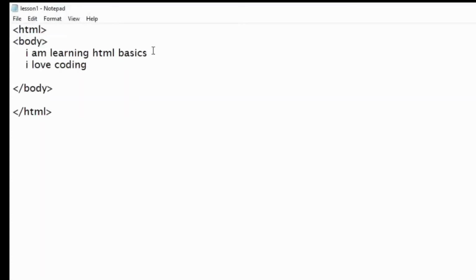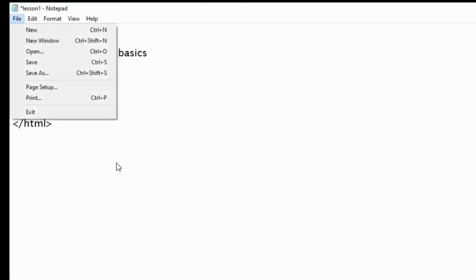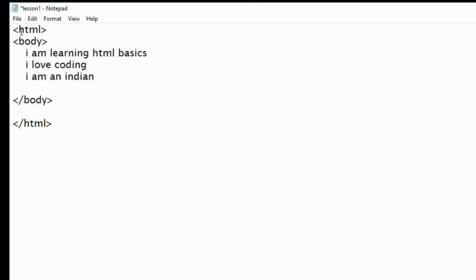Okay, so let's write something else now. I love coding. I am an Indian. So the thing you must do is save this again. Whenever you change something in the code, you should always save it.